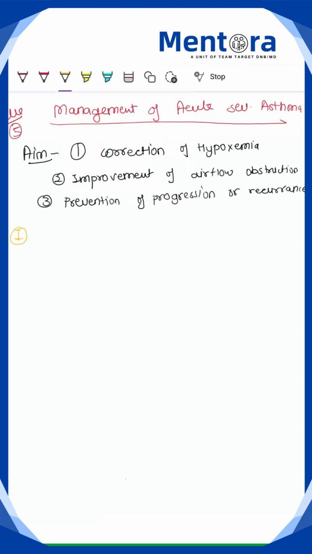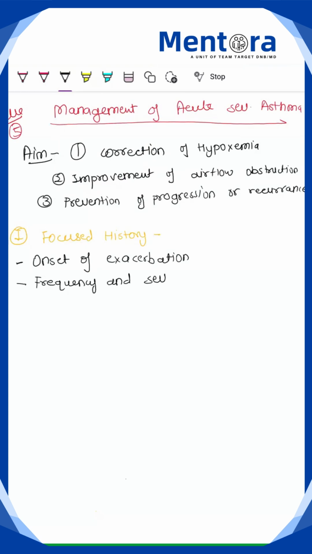So we'll start with focused history. In history, we'll ask about the onset of exacerbation, frequency and severity, current medications, potential triggers,